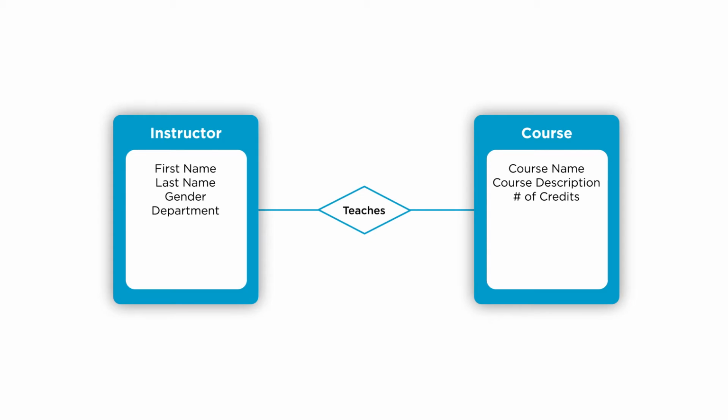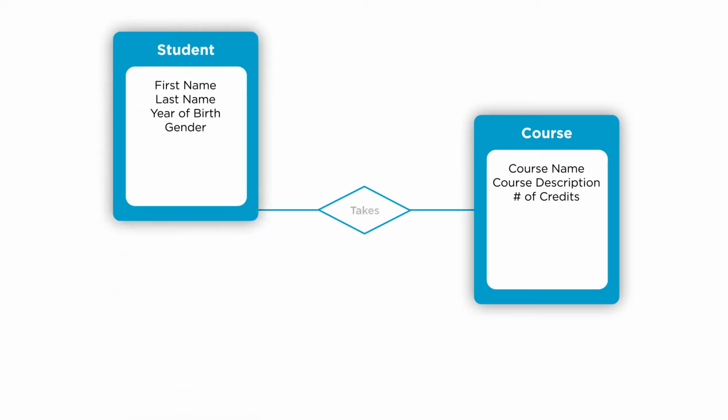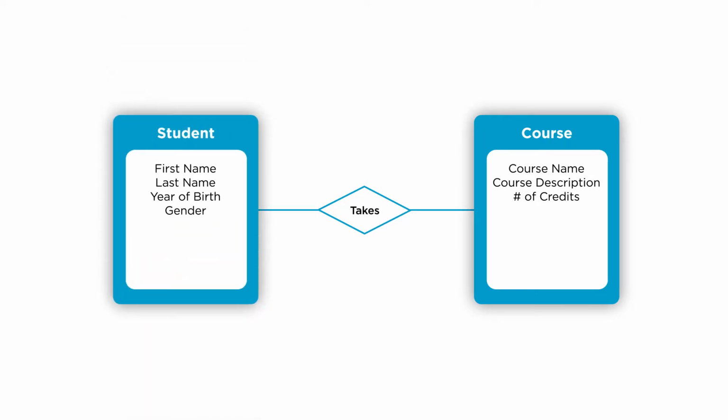As we're going to see later on, relationships are in fact very similar to entities. For instance, a relationship may sometimes have its own attributes. For example, we may have a relationship between a student and a course, and we call it takes. For this relationship, we may want to keep information such as when a student took the course. In this case, we can add an attribute to the relationship with the semester that the student took the course.